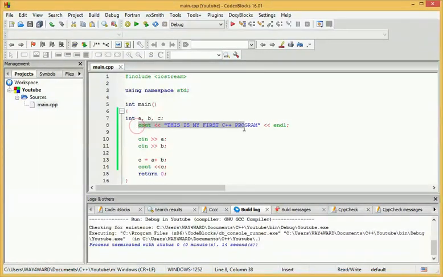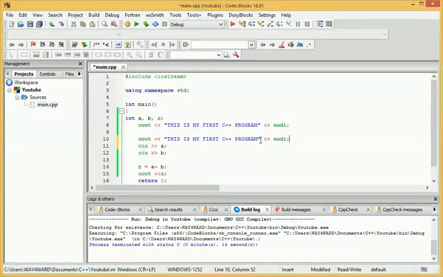So let's make this more interactive. Let's copy this, cout, right here. So let's say we write, enter the first number. We can also come here and put the same thing down. Enter the second number, so that's B. So here you can now say,